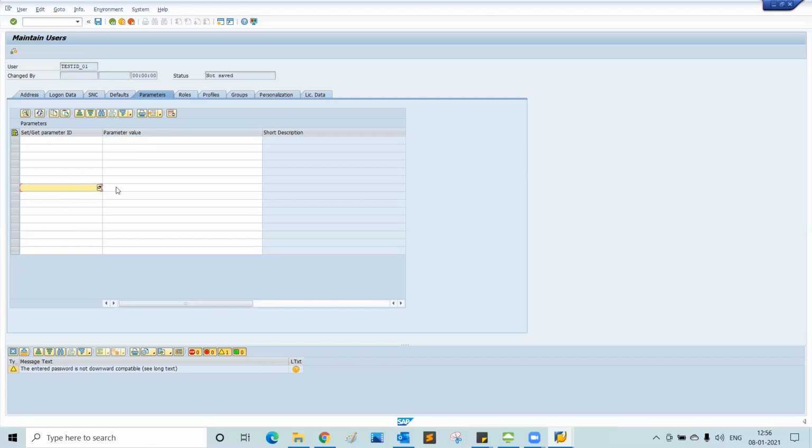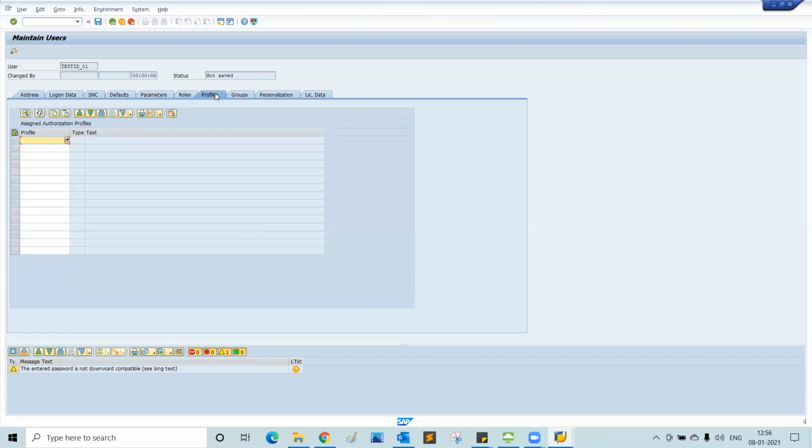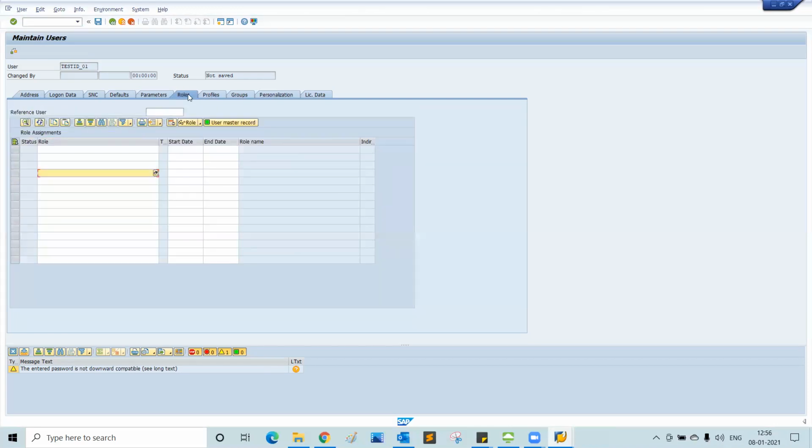This will be given to you by the functional teams in case they want us to maintain any default parameter values. It's like predefined values that you would be setting up for a particular user, for a particular transaction code. This would be given to us by the functional IDs. So the thumb rule is this will not define any user access. At the end of the day, you have to give the particular role to a user based on his roles and responsibilities. Always remember that we are not supposed to assign any profiles. All you have to do is assign a particular role. When you assign the role, the profile automatically gets assigned.